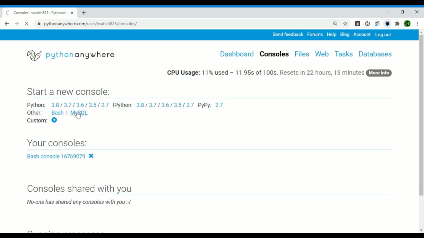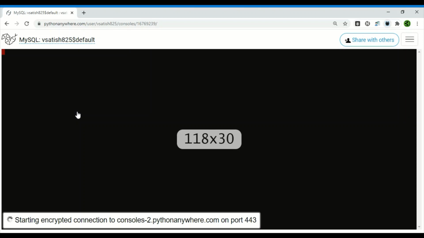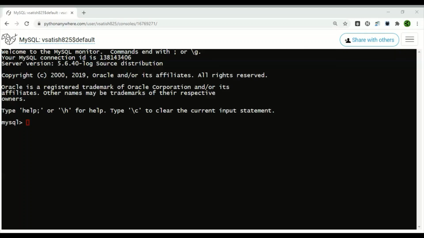Click on MySQL console. Now it opens the MySQL console with the default database.